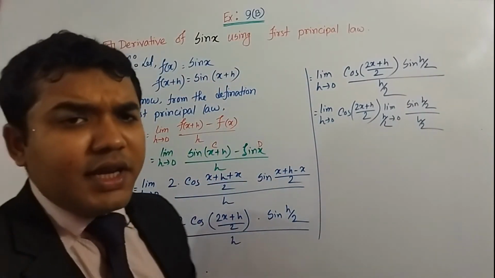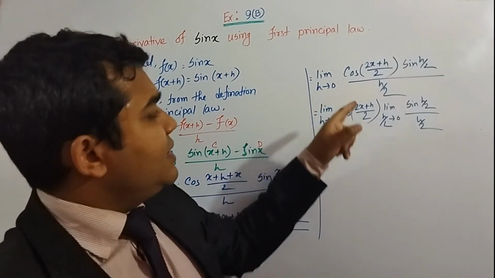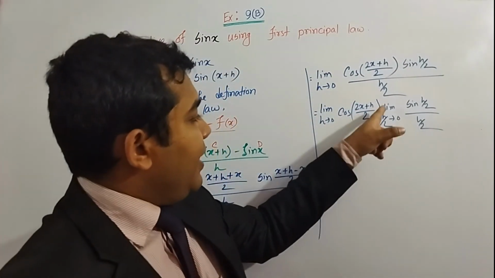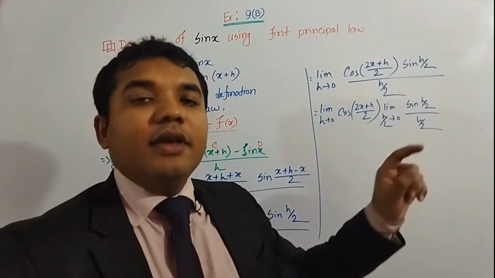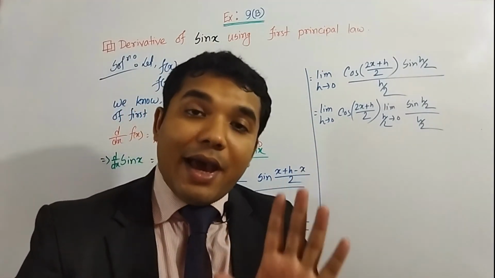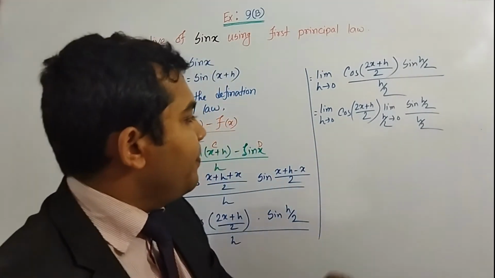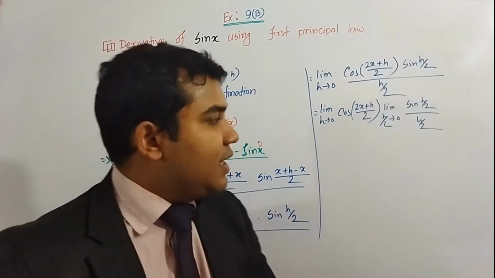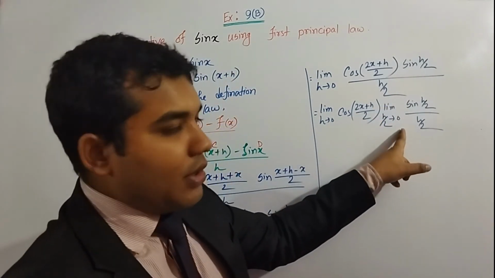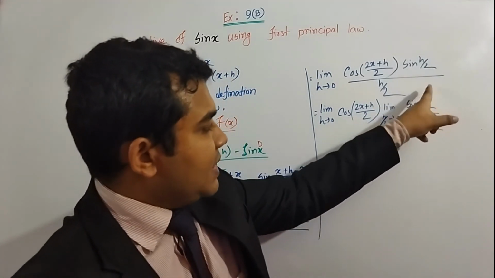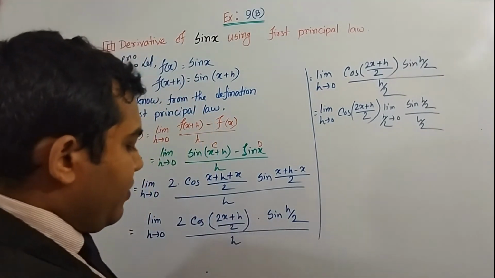Maybe one question arises in your mind: sir, here it was h tends to 0, why have you written h by 2 tends to 0? If h tends to 0, that means if the value of h is 0, you obviously know h by 2 is also 0. That's why limit h by 2 tends to 0 of sine h by 2 over h by 2, and you know this is